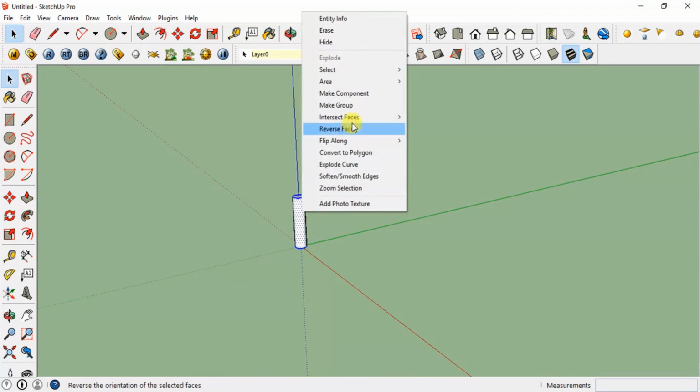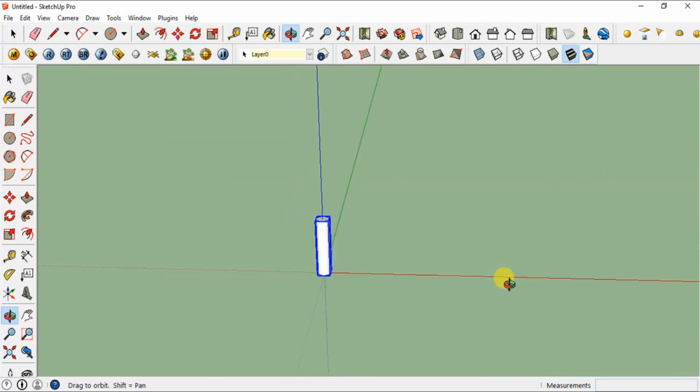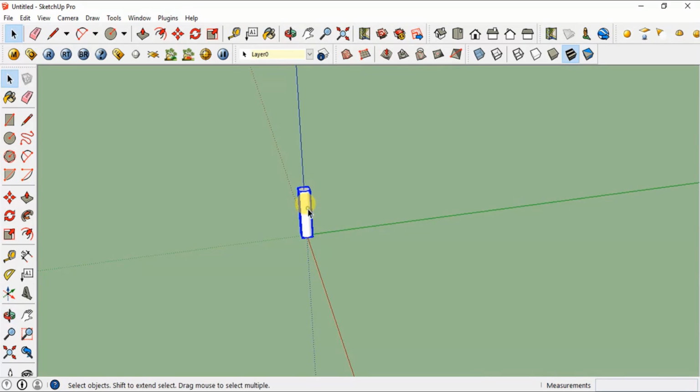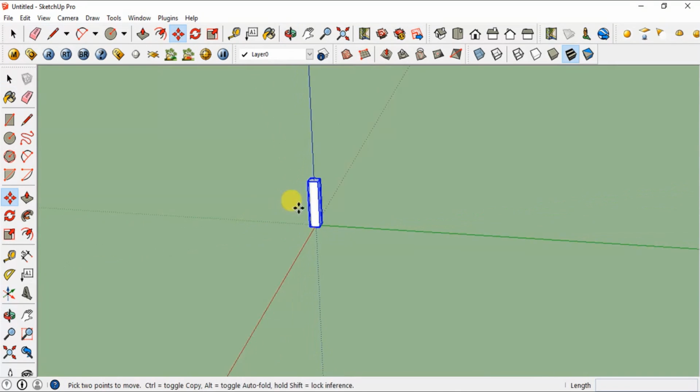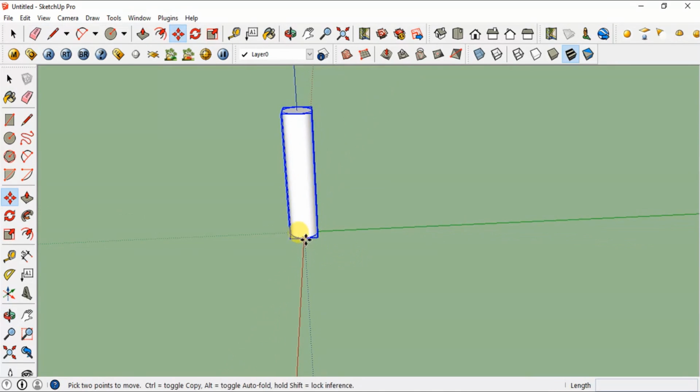After this, I'll right click, select the object, and make it a group. Making a group is important because if it is a group, when I try to move it, the surface along with this object won't get moved. I'll select the move icon from the top, or you can type M from the keyboard. Then you have to press Control on the keyboard while moving this object. At the bottom you can see that the length can be entered.